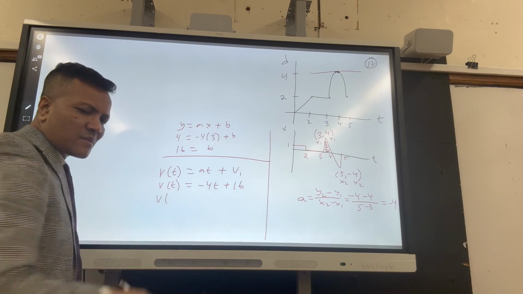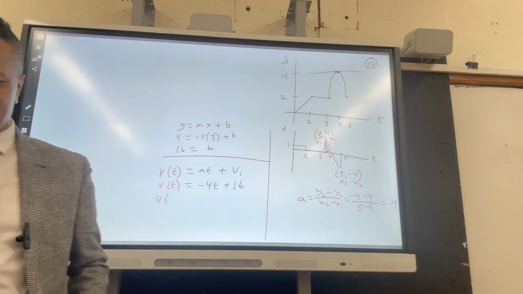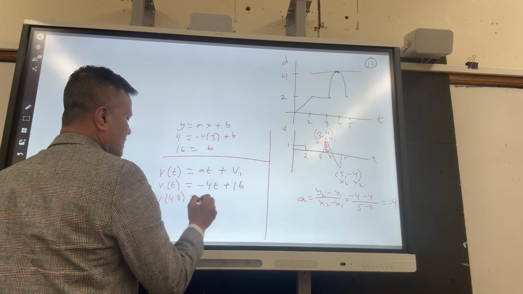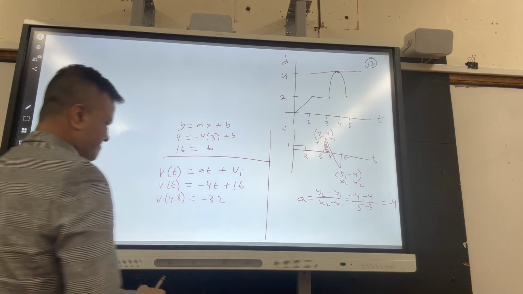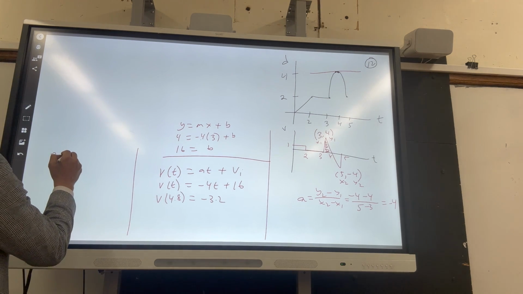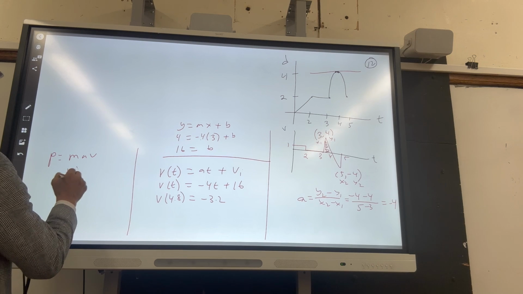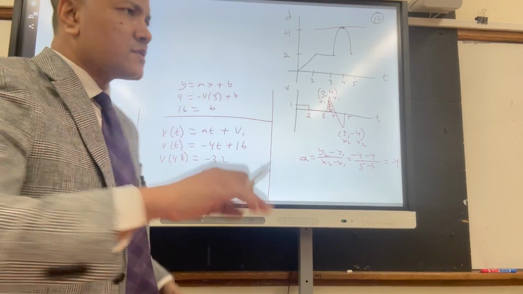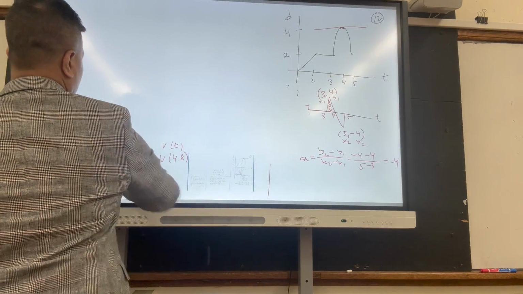Now you want to plug in the number that I give you, and that is 4.8. So if you do 4.8, that gives you negative 3.2. So power is F times v. M is 10, negative 4. Power is 128 watts. So problem number 12, we're going to try to find